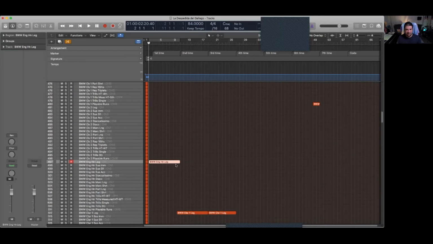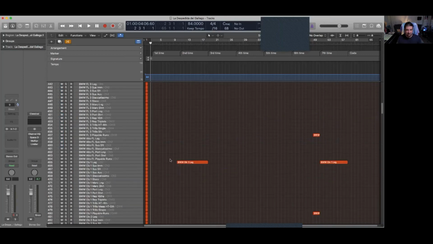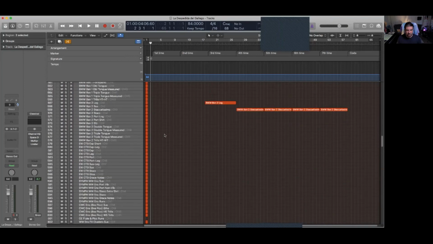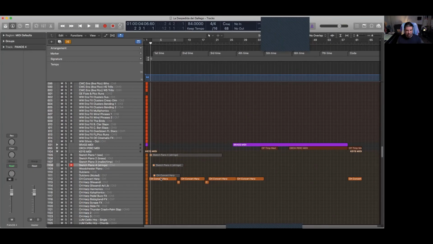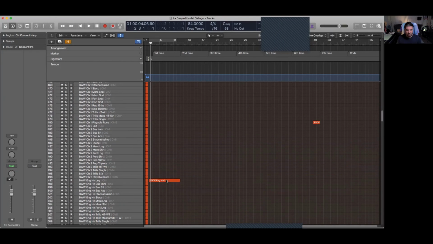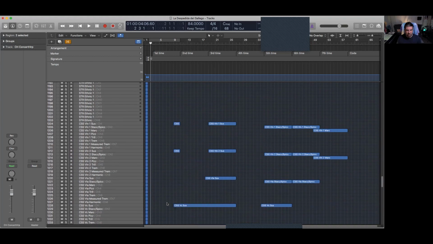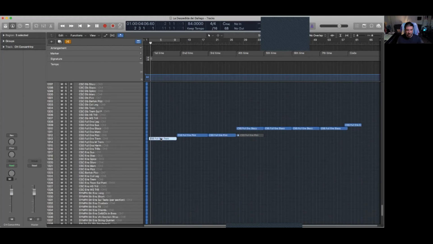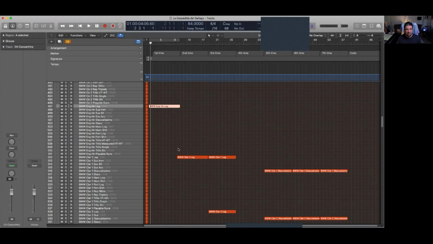So why don't we just listen to that and see how it evolves. I'm just going to highlight these instruments here. We can mute that one because we don't need it anymore. The harp, English horn, I have a few pizzicato basses and the tremolo strings. So let's listen to that on the top here.